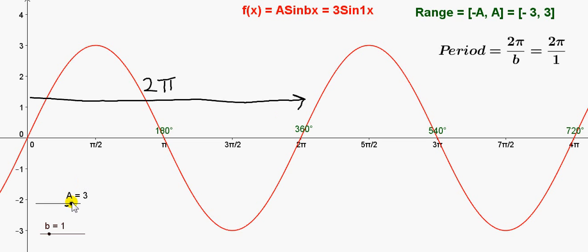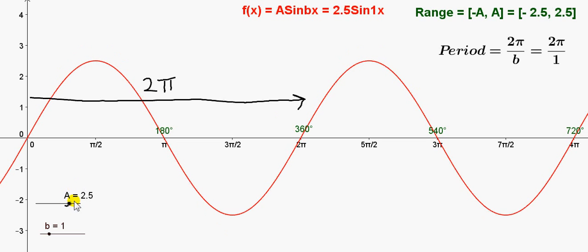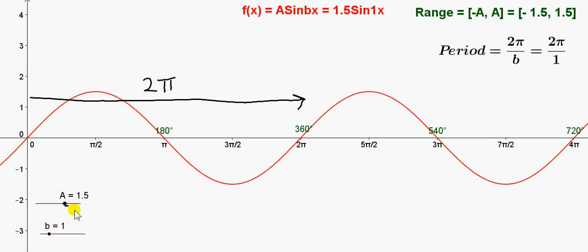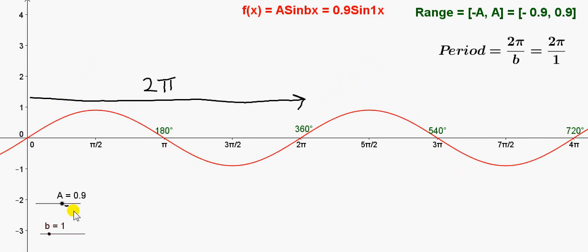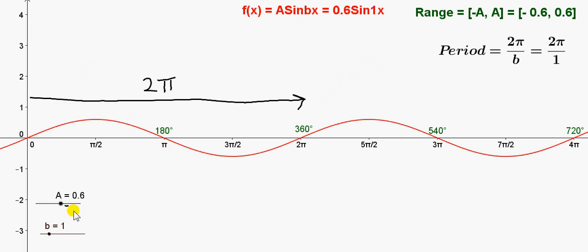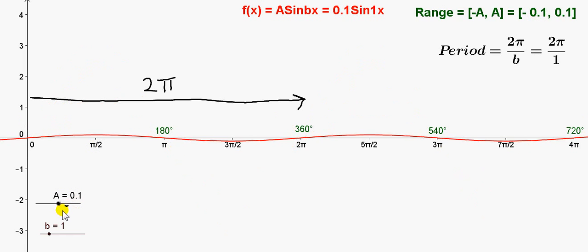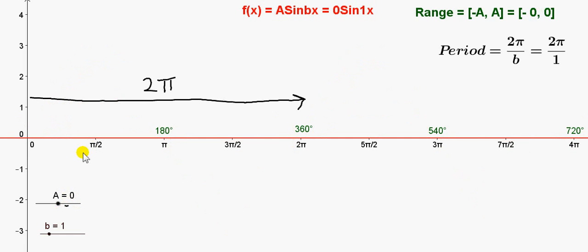Now of course we could take a to be a number less than 1. So I'm decreasing a back to 1. Now let's make it smaller, say 0.9, 0.8, 0.7. So for example, the sine of 90 degrees is 1, but if we get 0.6 of that, we have 0.6 here. So the range is from -0.6 to +0.6. And of course I could bring this to 0. So now we just have the graph of the function f of x equals 0, which is just the x-axis,